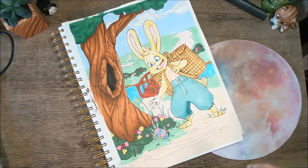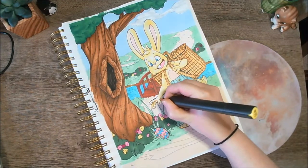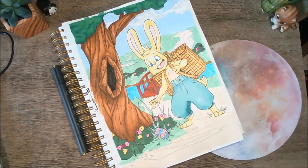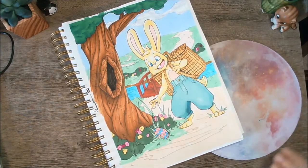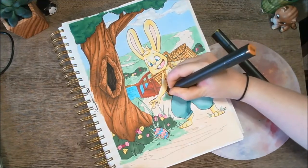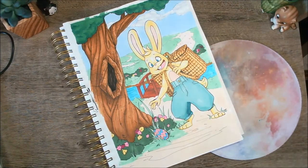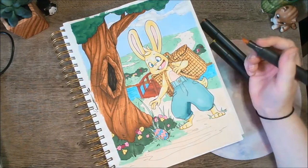They do blend pretty darn well, but while there are a lot of midtones for other colors, like that tealy shade in the pants, I had to rely on layering, which still didn't really turn out well because there was no real mid-tone for that lighter shade and the darkest. That's not even the darkest shade, that was just the closest thing to a mid-tone I could find. But yeah, this is just me checking these out if you want to try getting into alcohol markers, but remember,